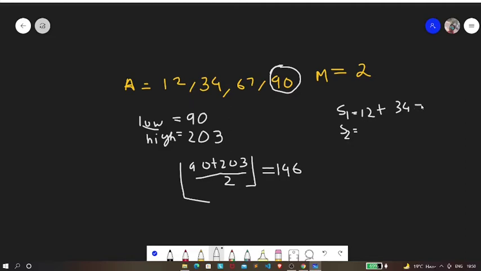So let's just add 67 to it. So if we add 67, it will be 46 plus 67, right? Which is 113, okay? So 113 is less than 146, so no issue.